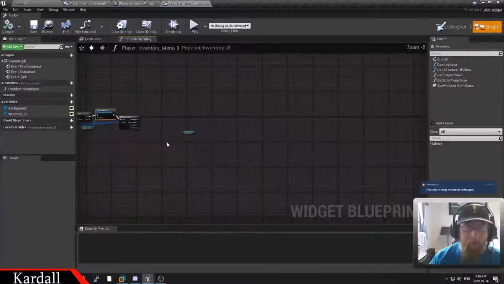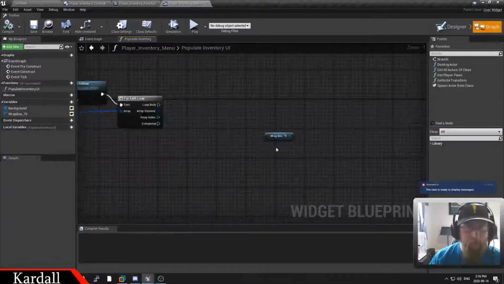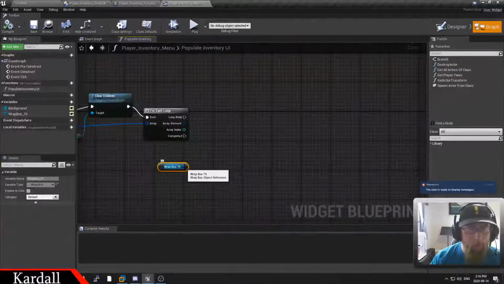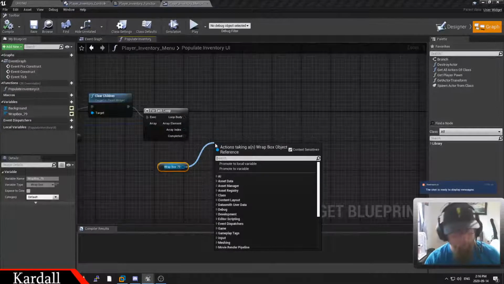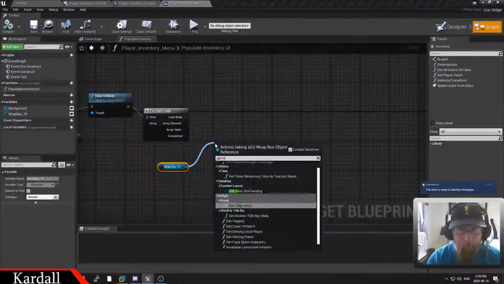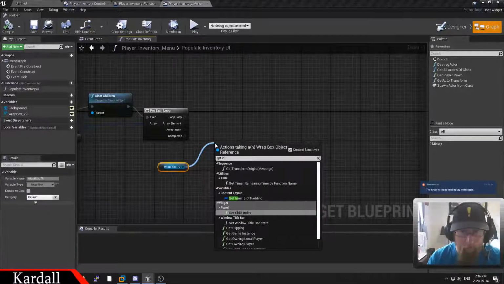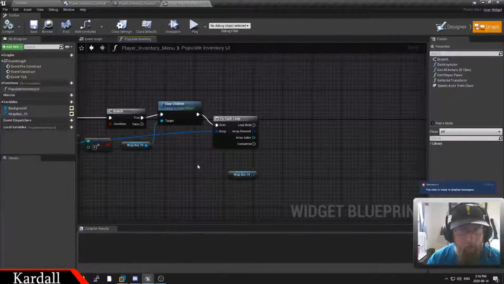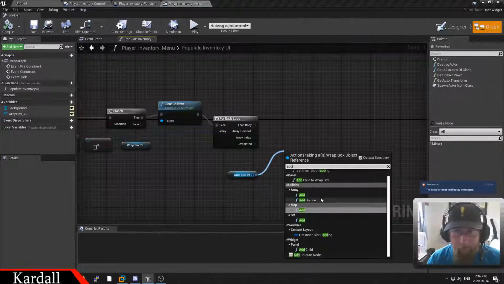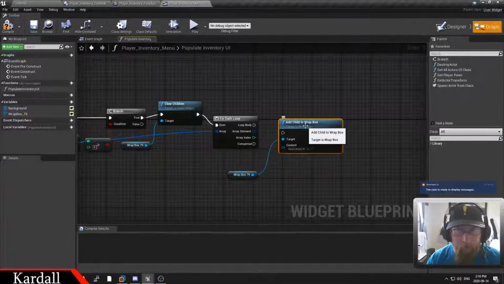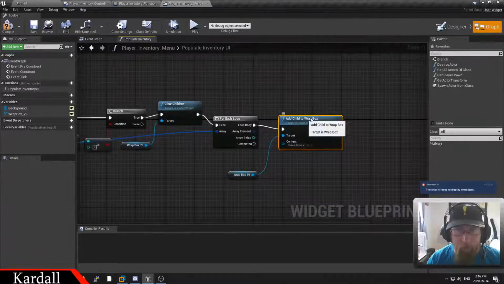You can see I have a derelict one over here because I've had to edit the way this works. So basically what we do is we're going to add an item to it. So we want to go get... oh no, not in that one. I need to do... I want to add child to wrap box. So in my loop body, so every time it cycles through, we're going to do this,